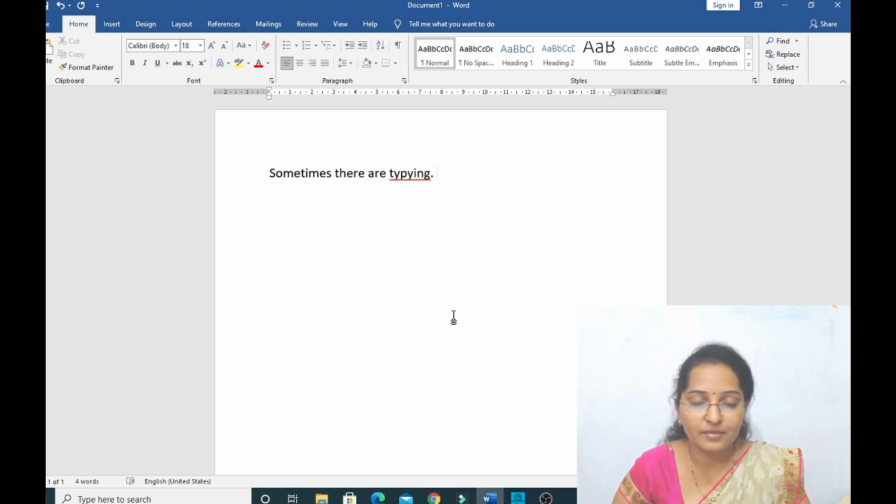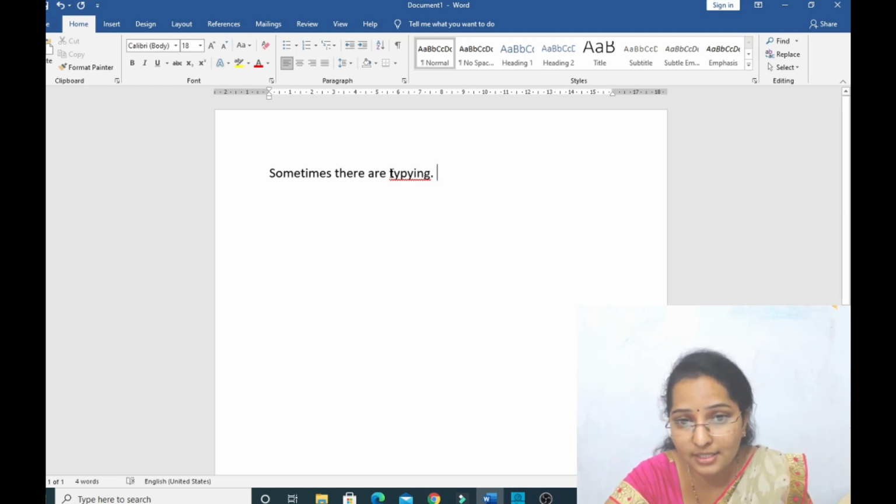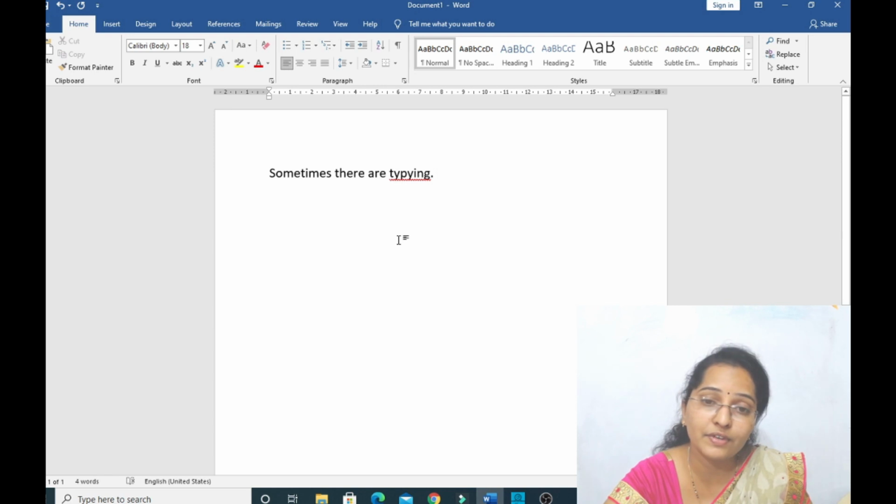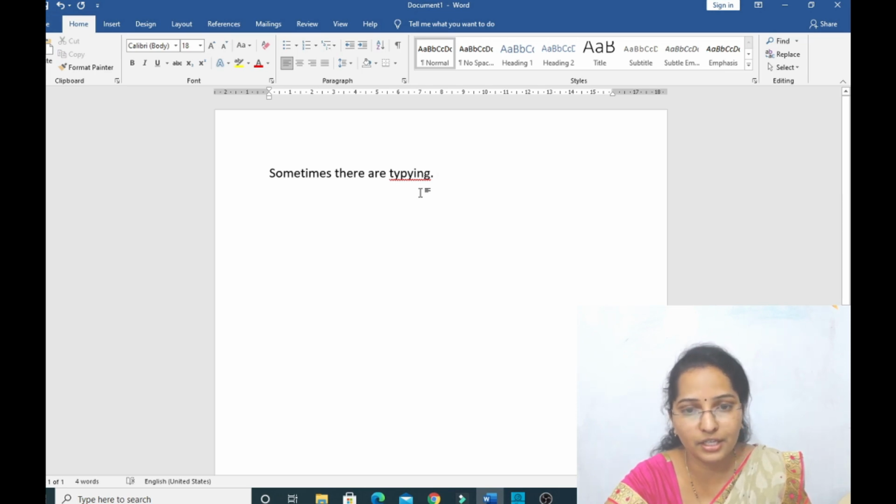Please keep in mind, if you have made any grammatical mistakes while writing singular or plural form, then the words will be underlined with green wavy lines. Now we have three options to correct. Either we can correct the word, or we can ignore this single word, or we can ignore all such wrong words in the document. What is ignoring? Ignoring means let it be like this only, but I don't want this red underline. For that we call ignoring.